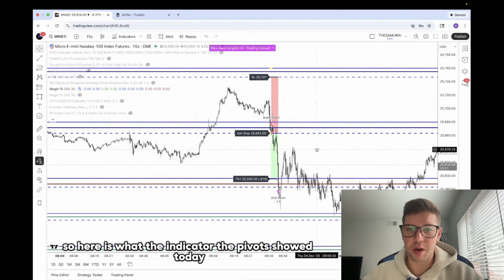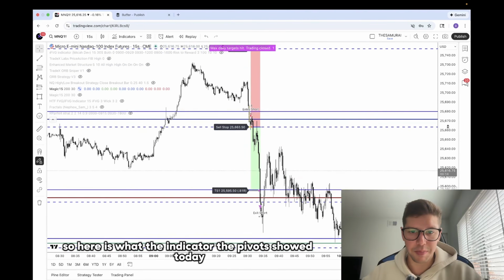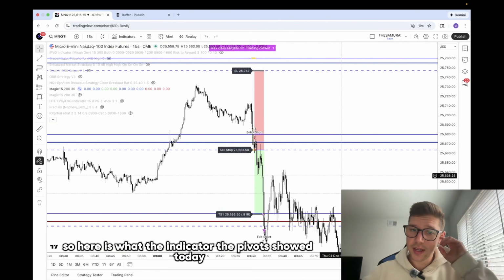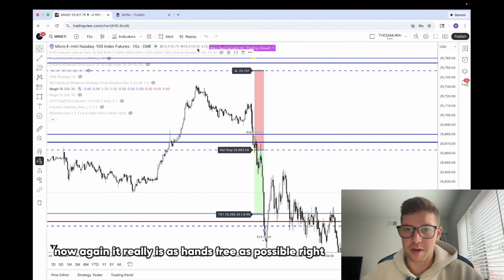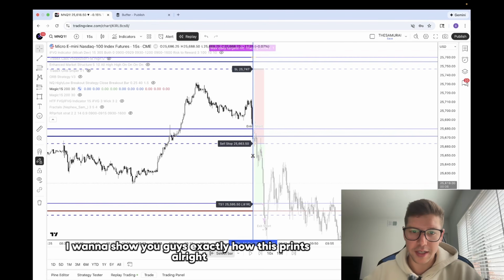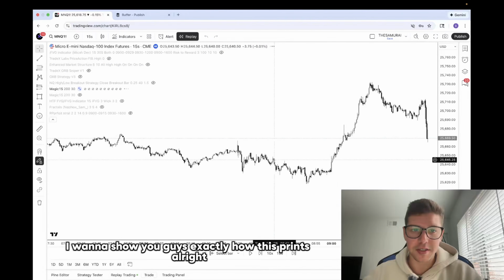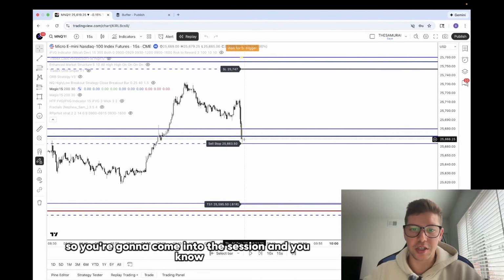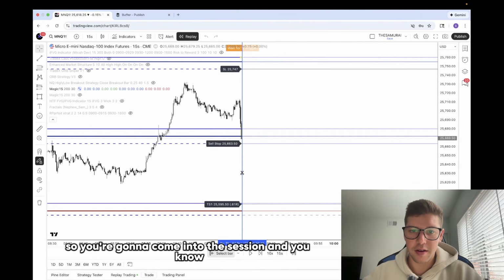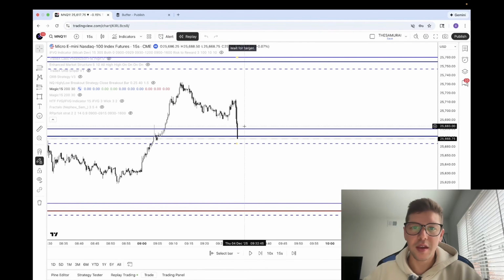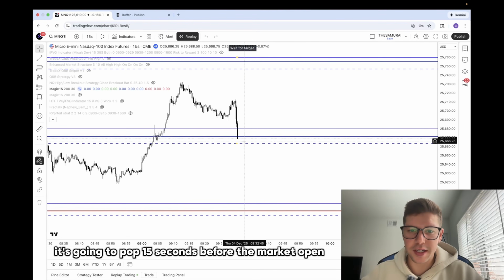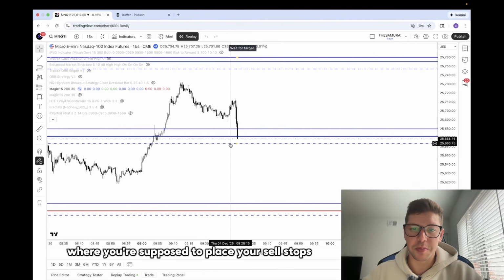So here is what the indicator, the pivots, showed today. Now, again, it really is as hands-free as possible, right? When I bar replay it, I want to show you guys exactly how this prints, right? So you're going to come into the session and, before anything, it's going to pop 15 seconds before the market open where you're supposed to place your sell stops,